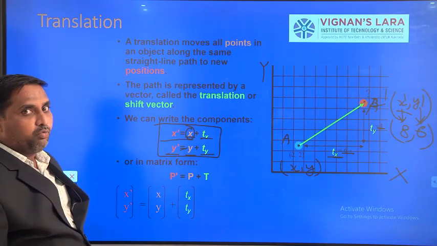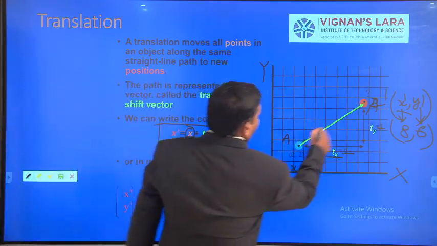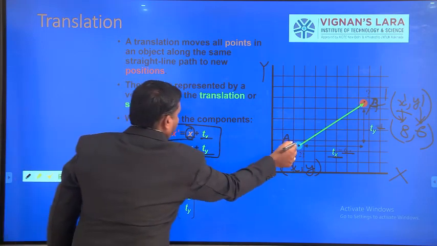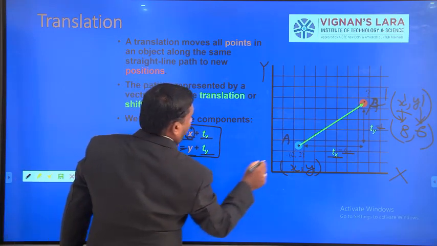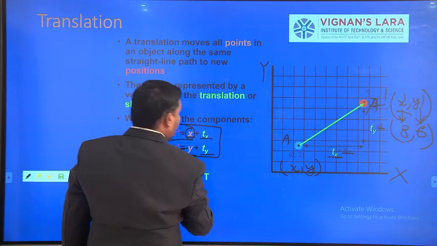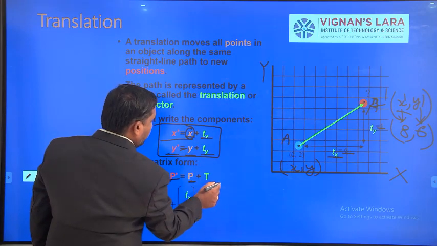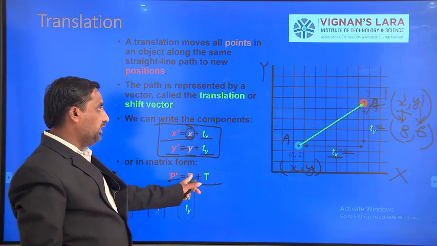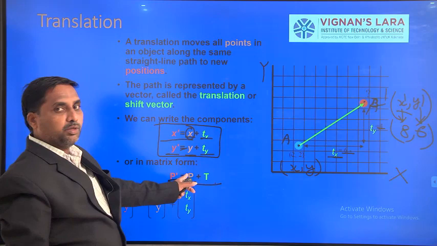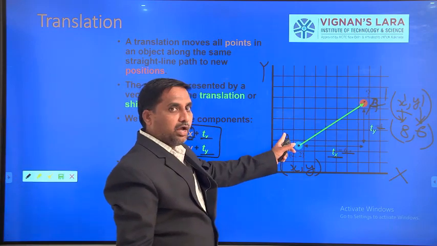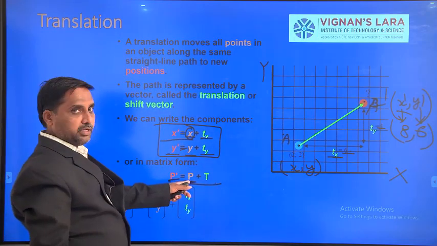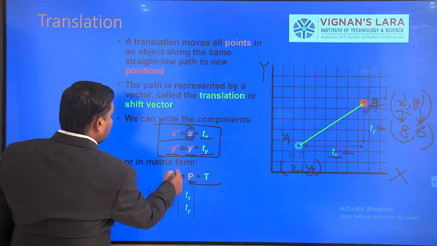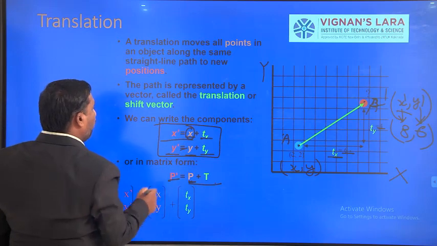We have to put these equations into matrix form. How can we do it? Let it be A and let it be A dash. He has taken the point A as P, and A dash as P dash. T means translation matrix. P is the initial location of the point, that is A. P dash is the final position of the point P. Now, what are the coordinates of P dash? How will we represent them?